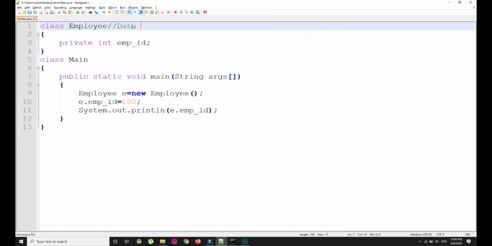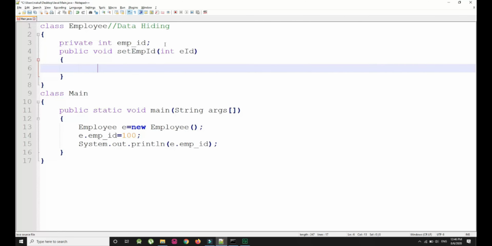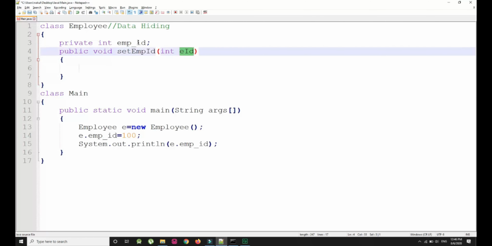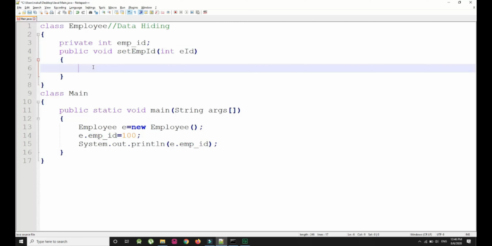So here I am going to create getter and setter methods to read and modify this variable. So public void setEmployeeID, and as a parameter I am going to pass integer eid. Now I am going to assign the value of this eid to this empID, so I am going to write empID = eid.